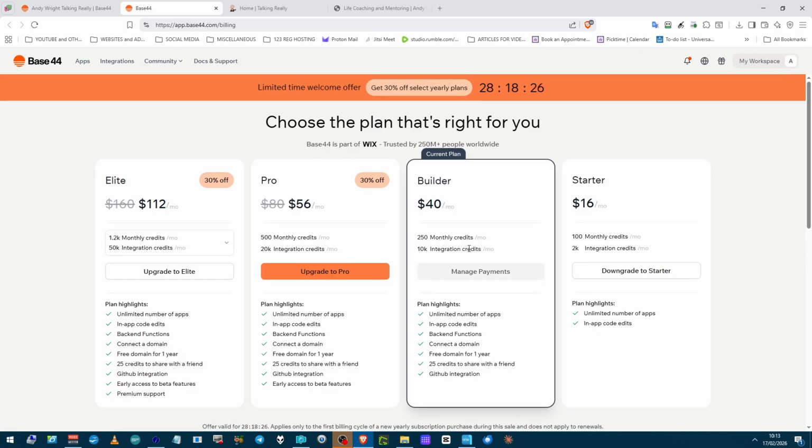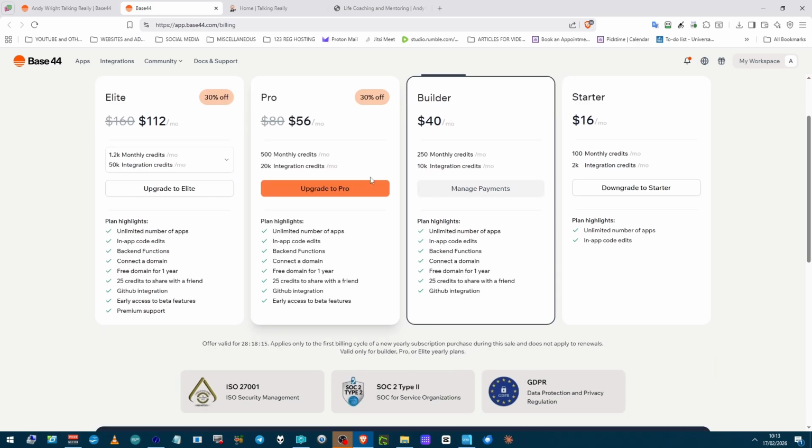Pricing plans, if you have a quick look at that. I'm on the builder plan, and it is actually, quite surprisingly, part of Wix. Now that put me off straight away, but I am pleased to say that I have asked the questions that I wanted to ask. If you've got the money, then you can go for 500 credits. The integration points is what you use when you use APIs like that. So if I put the YouTube API in there, it will use credits for that. But you do get an unlimited number of apps, so websites and apps as well.